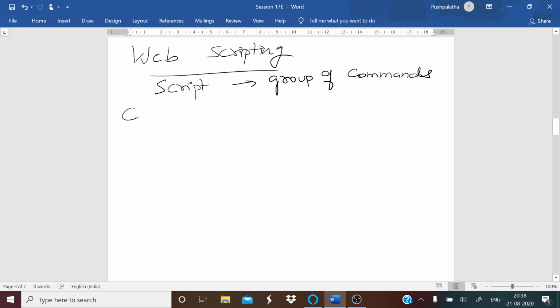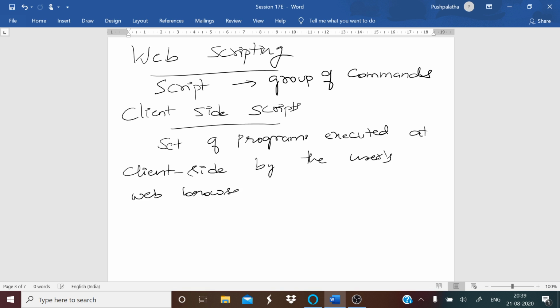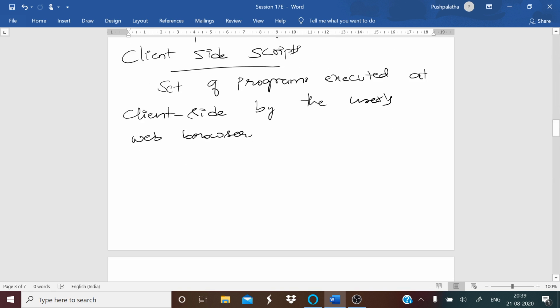You have two types, that is your client-side scripts, where that is the set of programs executed at client side, okay, by the user's web browser. So these are used to get the data from the user's screen.